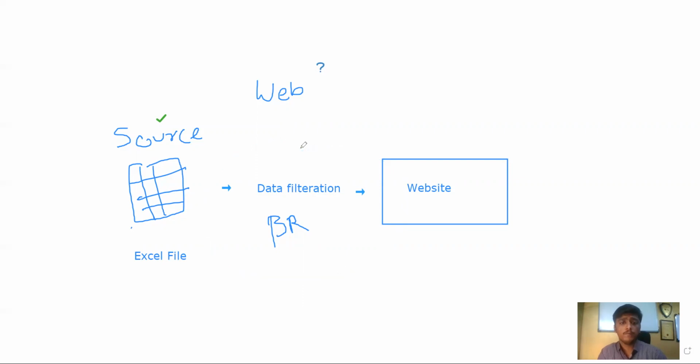Whatever automation you are doing, understanding the data filtration is going to be very important. So this is our second step, and here it is only important to understand the business rules: what data you have to read, where you have to write, where you have to read the merged cells, or is there any calculation-based cell, like we have H1 into H5 and then you get the data in H14. So is there something like that or not, right?